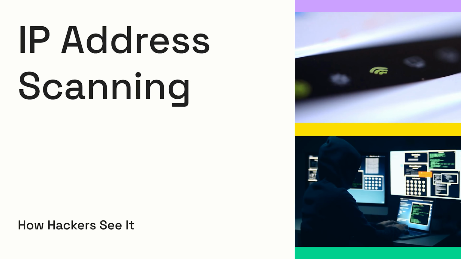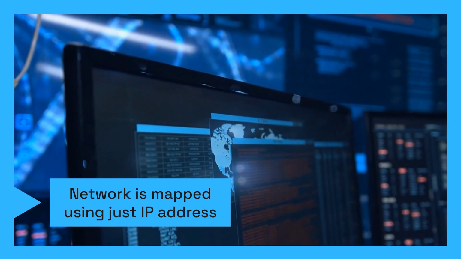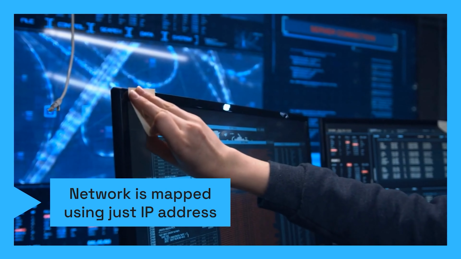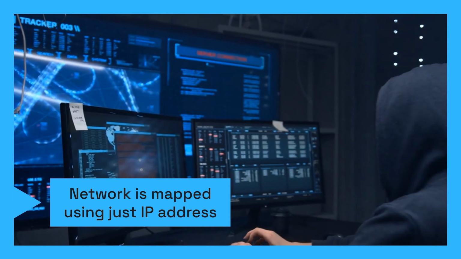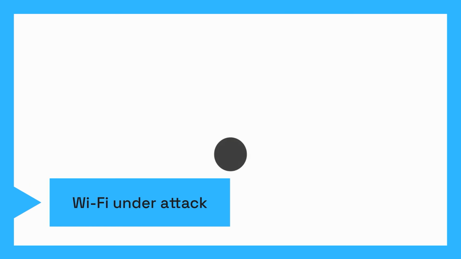Imagine you're using Wi-Fi at home. You don't realize it, but just using your IP address, someone can find out how many devices are connected to your network and which services are running right now. Today, I'll show you what IP scanning really is and why it's one of the most important skills for both